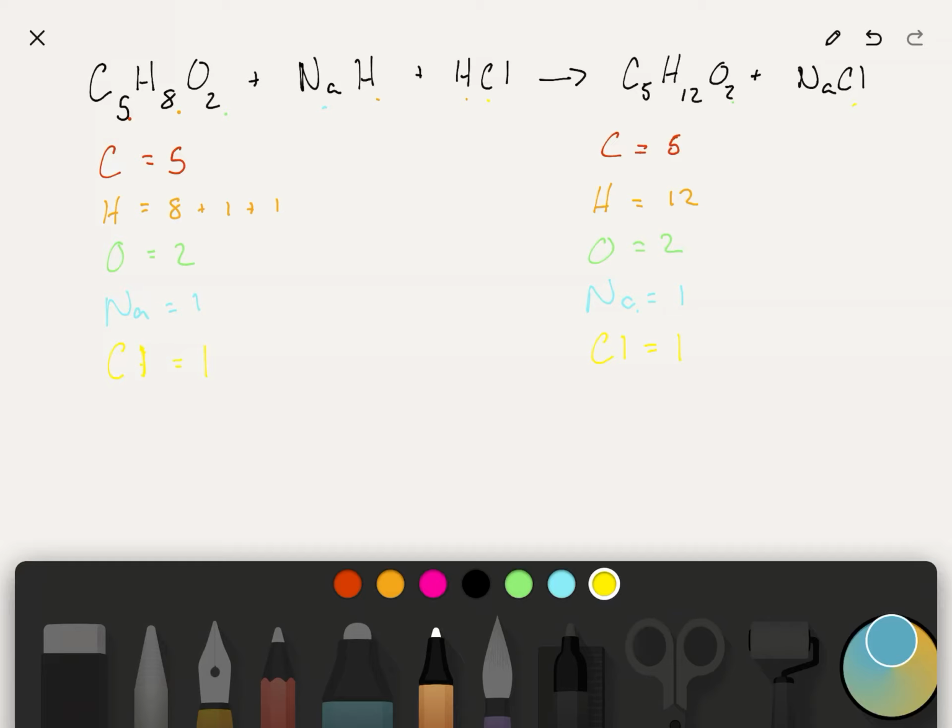So as we look at this, the only thing that we have that isn't already balanced is hydrogen. So we need to figure out where to adjust our hydrogen. Now, I don't want to have to adjust this molecule or this one if I don't have to, because when we adjust them, we change lots of other things. So I'm going to look at here, here to adjust my hydrogen,